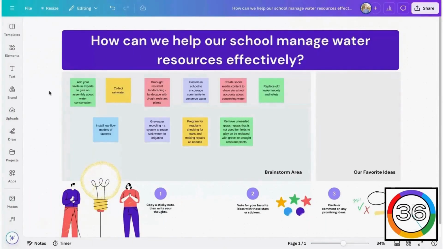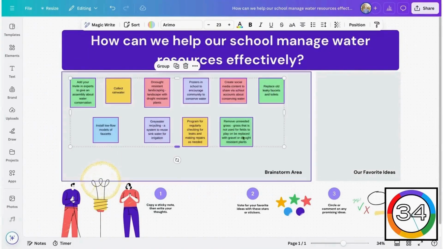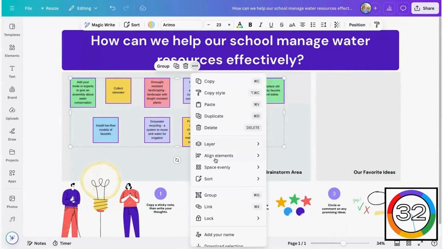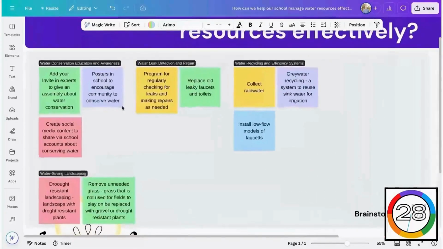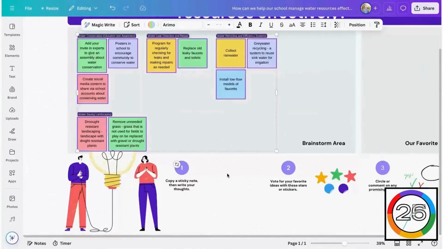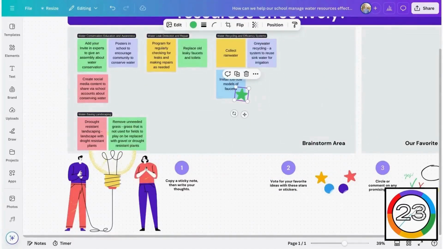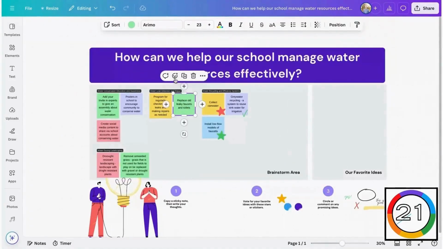This is a brainstorm that's already happened. I'm going to go ahead and select all of these sticky notes, click the 3 dots here, and sort by topic. You'll see that when I do this, it's going to sort them and give a heading to the sticky notes based off the main idea. You can have students react to that by using the elements, by clicking on one and clicking add reaction, or